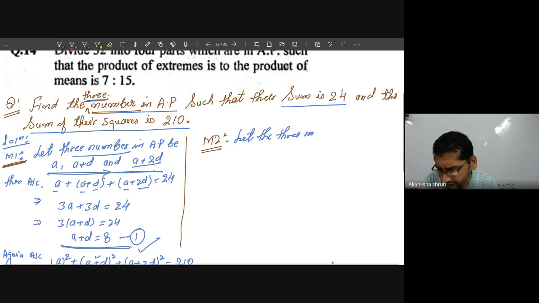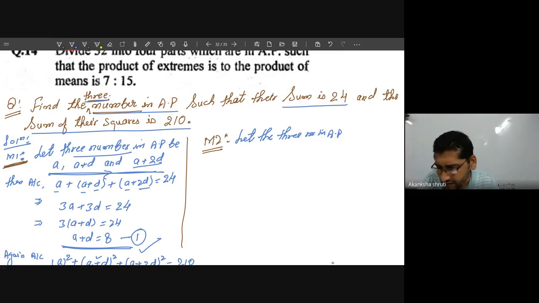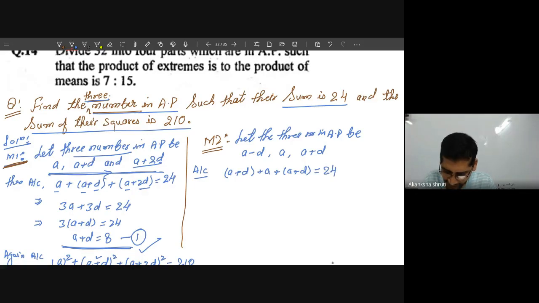three numbers in AP be what? A minus D, comma A, comma A plus D. Here what I have used? I have used the symmetrical condition. Okay, then write according to the question, means first condition, what is there? A minus D plus A plus A plus D. This value is given as 24. स्टूडेंट अभी देखिए तो ये कितना अच्छा मिल गया हमें, plus A plus D. This is minus D, student. This sign is negative.